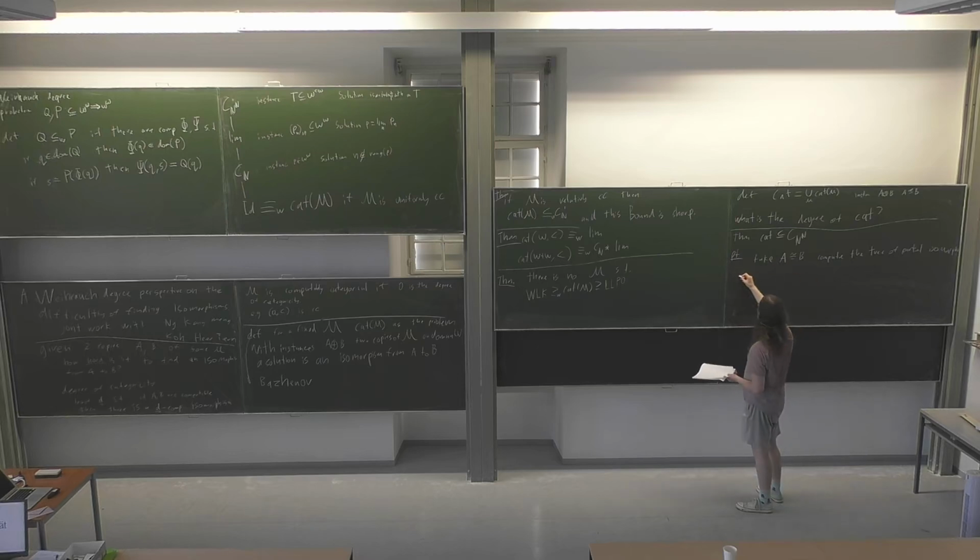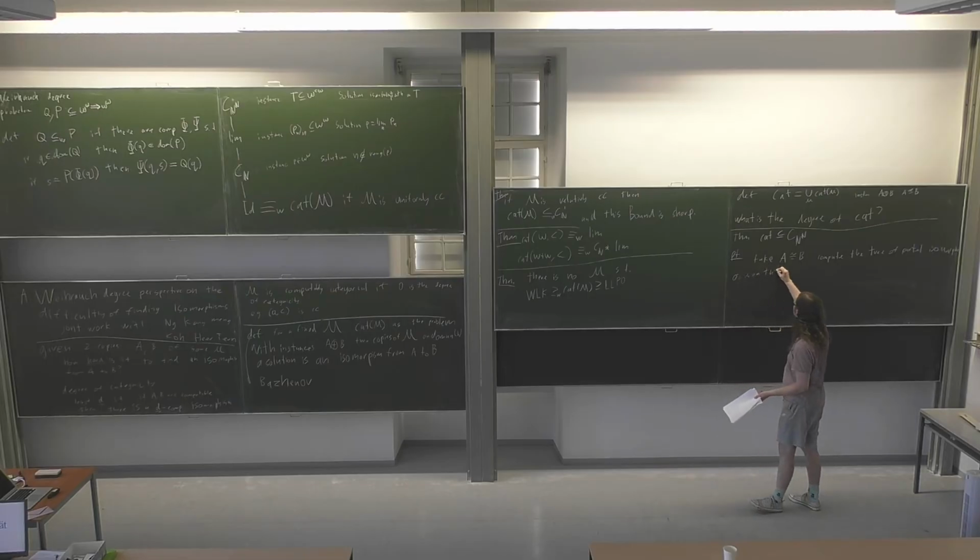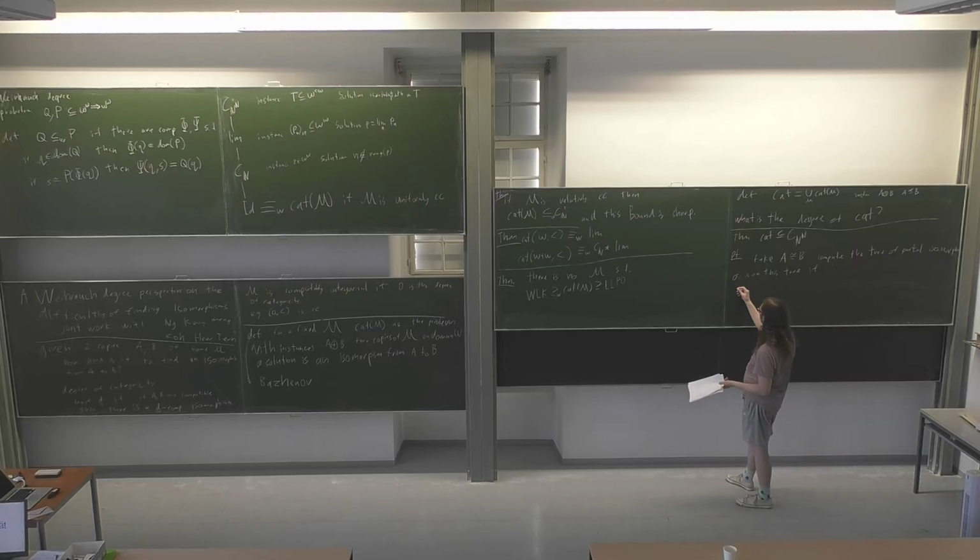We want to view this as a series of pairs, right? We want sigma to be on this tree if all initial segments are on the tree, and we want to have things like